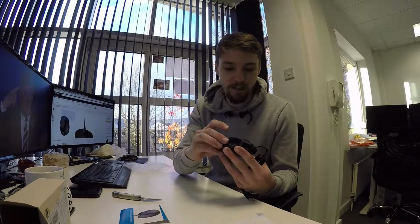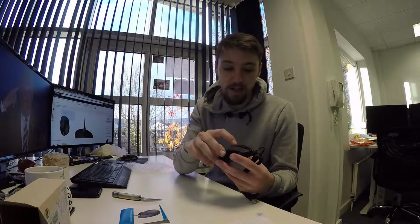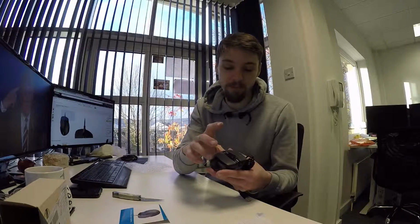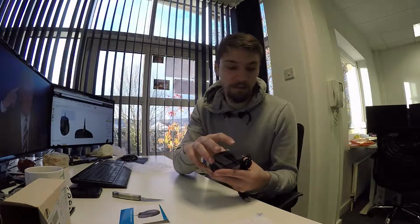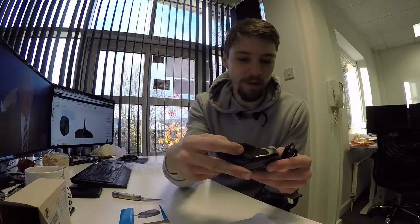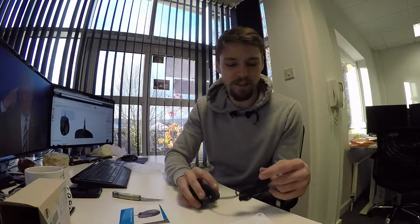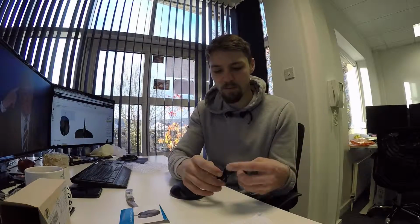Or actually, do you know what? That's wrong, but this is the DPI button, and I guess they're not counting that as a button. So you've got your right click, your middle scroll and click, left click, back and forwards buttons on the side here. It's got a nice rubber style grip here, which is nice in the hand. It does feel nice. It's a good weight. It's not too big. It's not too small. This is a wired mouse,